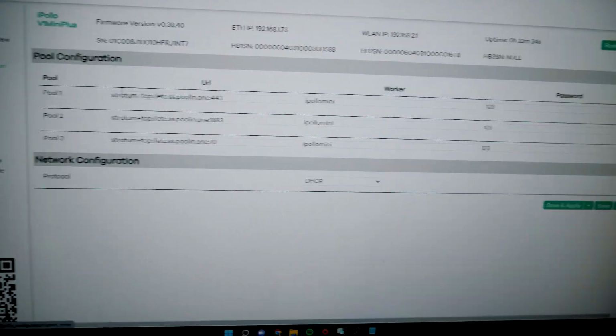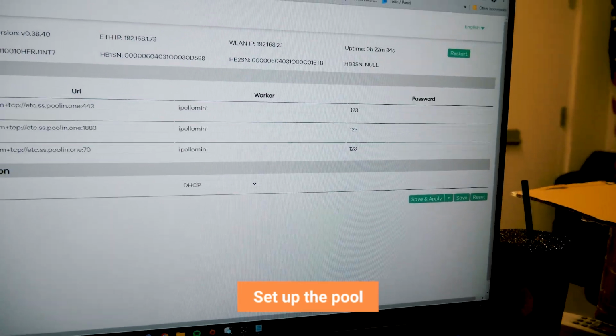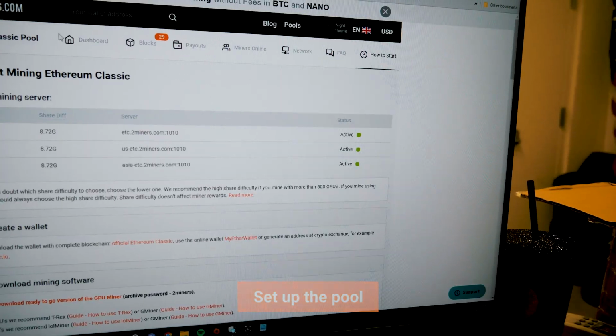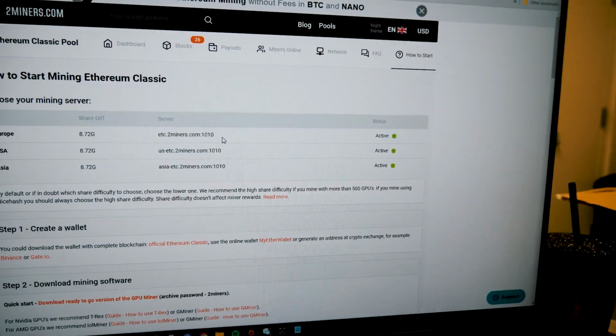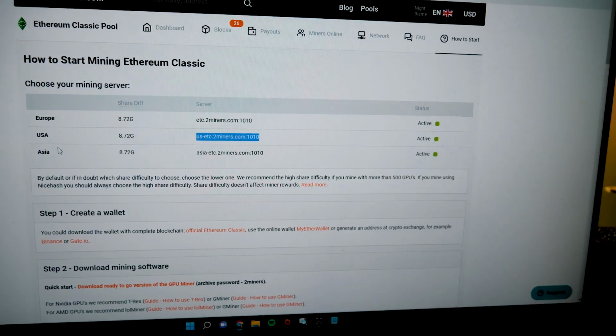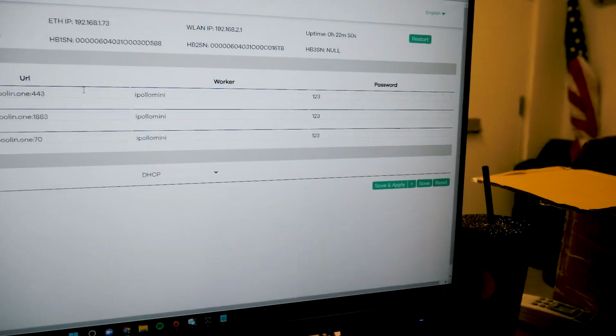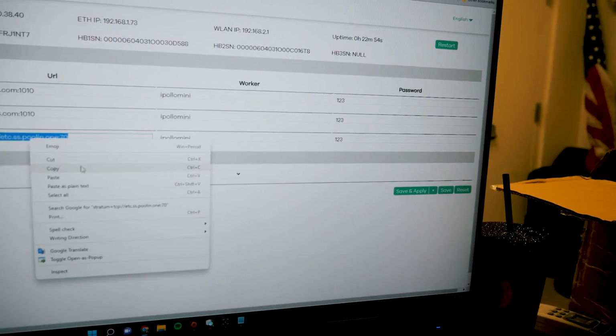Great. Next thing to do is to set up the pool. Now, this is a mini pool, so they get paid, not us. So we're gonna go and find a pool. I personally found 2miners.com. Looks all right. I'm gonna go ahead and take the server for the US, because I'm in the US. Choose the server that's closest to you, and then we're gonna plug it in right here. We have 3 pools. I don't think they have a backup IP address, so I'm just gonna put those 3